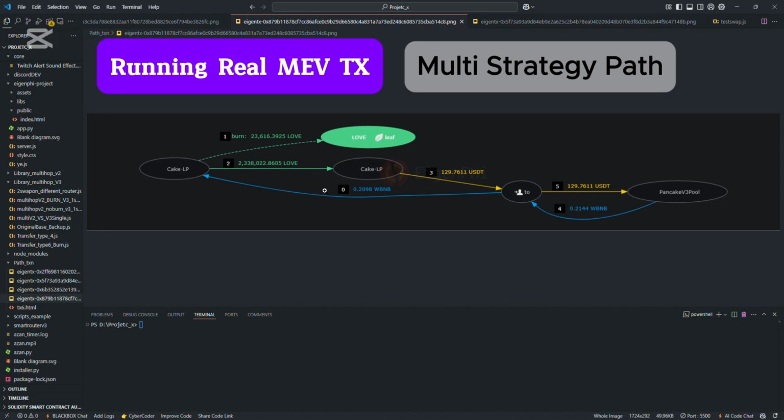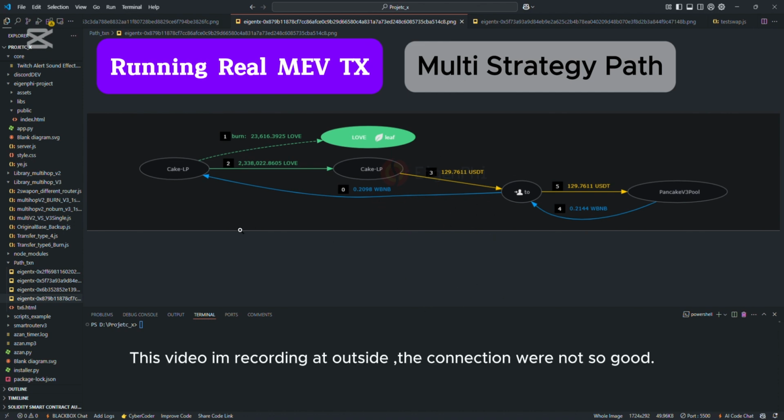Okay guys, in this video I will show you how to test all the MEV files that are out there, hoping that when you receive the MEV there is no error. I have to ensure all these files have no error, and at the same time I will show you how fast it is to execute a multiple hop swap